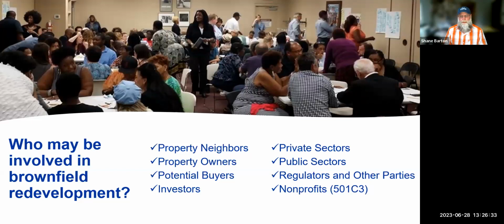But we also have lots of other parties involved here. And really what I want to emphasize is that these stakeholders in brownfield redevelopment are broad. Really anyone that could be touched by this, by the existing building, but may be impacted or may benefit from the future use of that building, is invited to the table to help contribute to the redevelopment process.